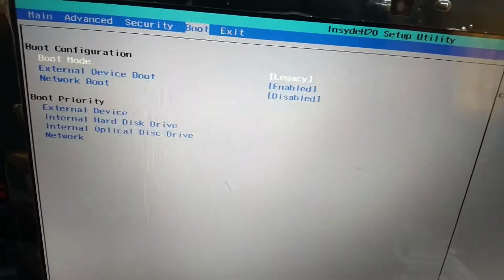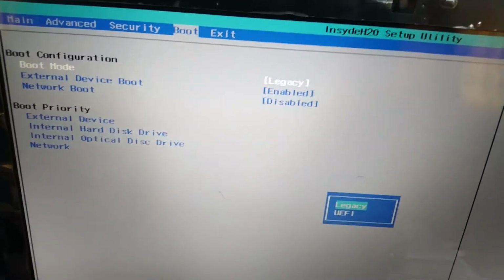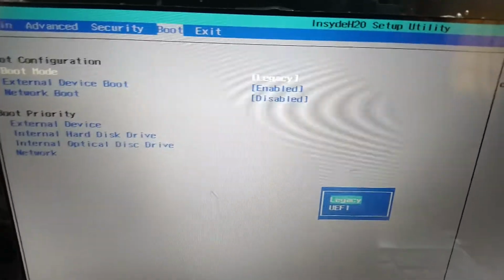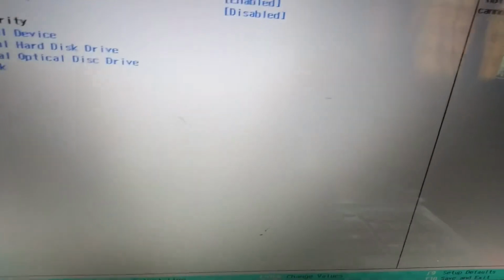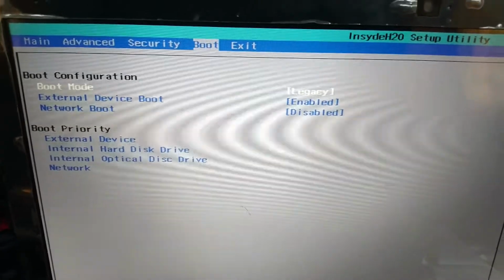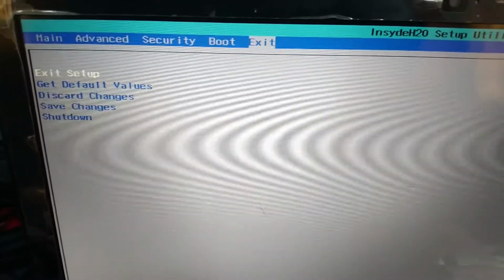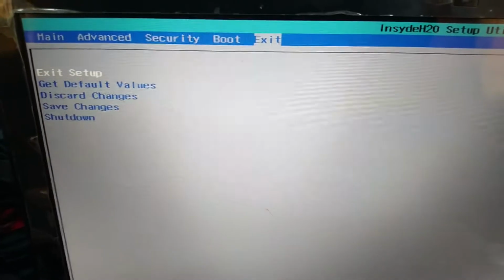If you are willing to install Windows 10, then you have to change this setting from UEFI to legacy. In legacy mode, the pen drive will be detected, and once you've set it to legacy, you need to save the changes and then exit this setup. So once again, if you press here,